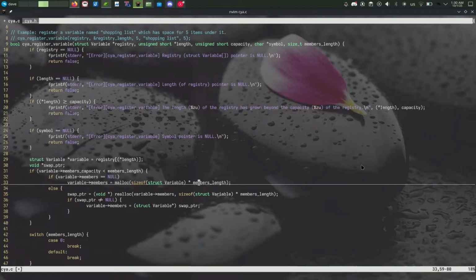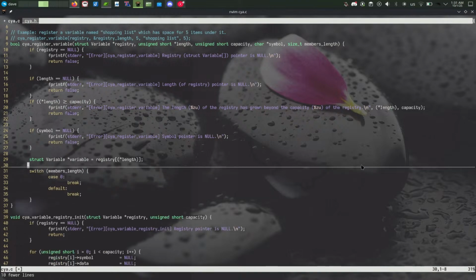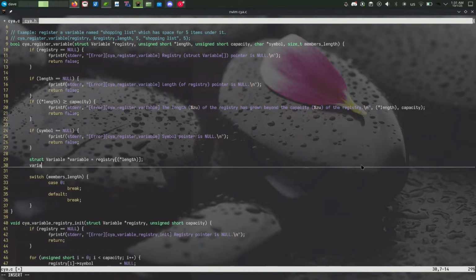I guess both of these need to check for null, but this is a little bit different. The logic is not exactly the same because the other one is using a swap pointer when we're reallocating, right? Well, no, it's simply improper use. If you want to register a variable, then you register it as is. If you want to change that, you go back later. So I'm just going to say this should always be null. So forget all of that. What we're going to do is